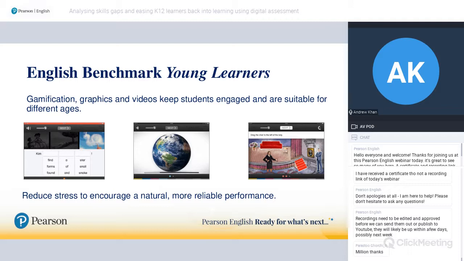And part of the reason, of course, is they get this kind of a gamified element. So there's things like drag and drop, clicking on the right things, quite familiar from other games they might be using, other educational tools they might be using. But this tests their level of English at the same time. We've got videos in there. We've got all sorts of really interesting things to keep their level of engagement up and to get a really strong, reliable measure of their level of English.